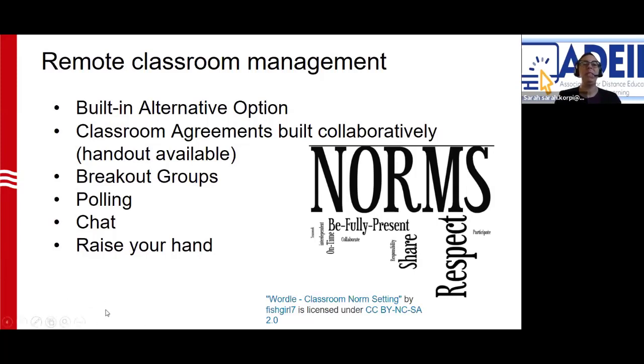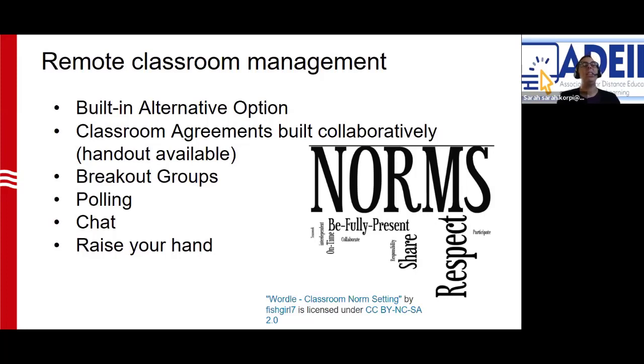One of the most important pieces of classroom management is expectation setting. Of course, we had already done this in the live class, but with the switch to remote delivery, I felt it important to reset classroom norms and agreements of how we wanted to be together in the new space. Some of these agreements were not negotiable. Those are the agreements that are in bold in the digital handout. And on the next slide, I'll have a copy of those agreements as well. I invited students to contribute their own ideas, and if one of my non-negotiables was missed, I suggested it during the brainstorming session.